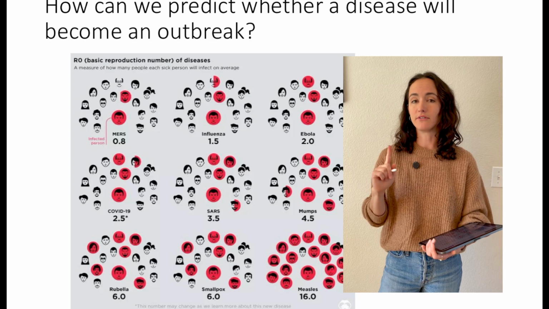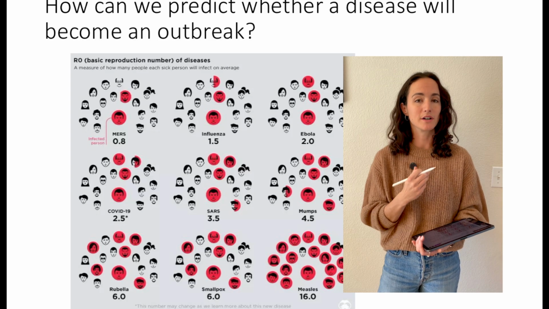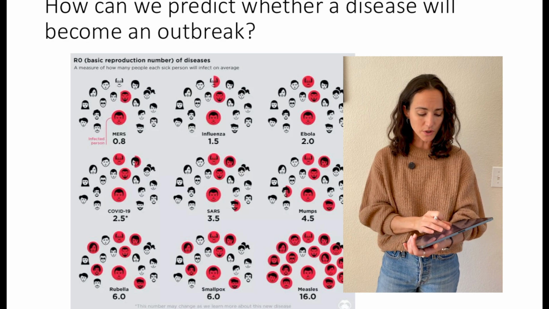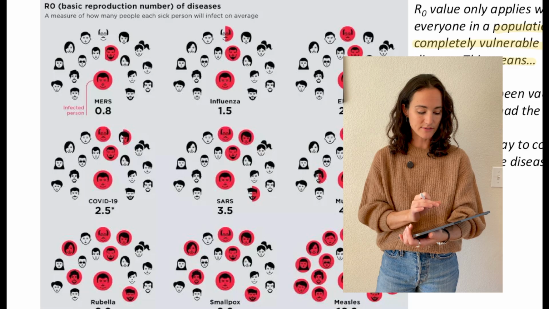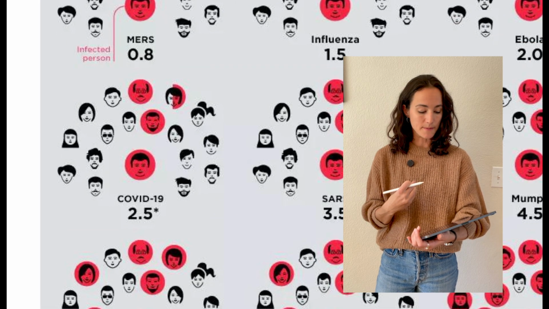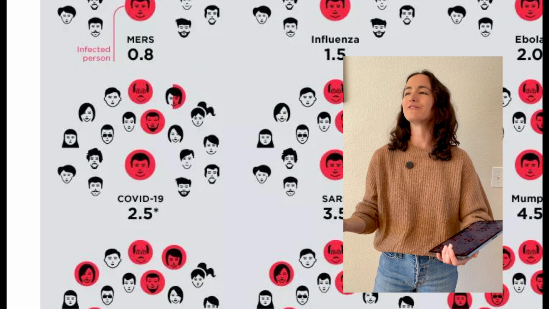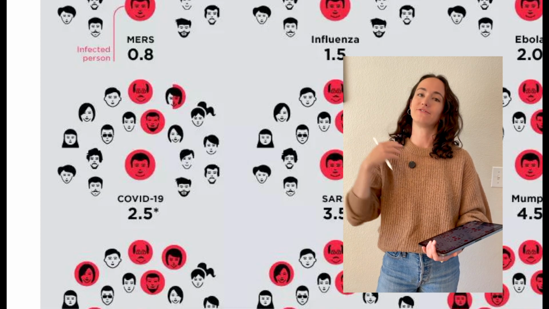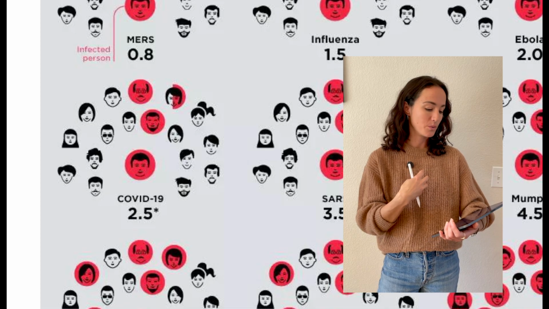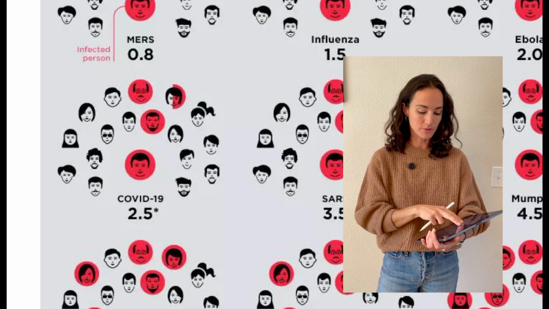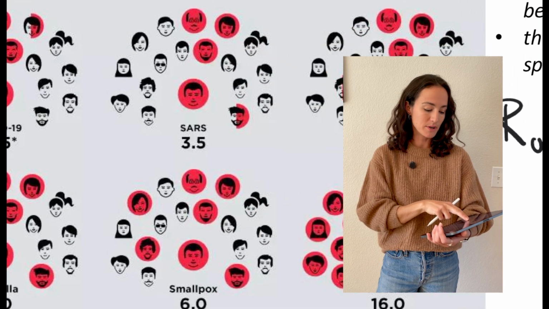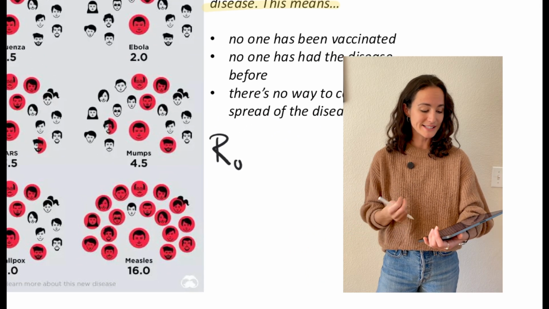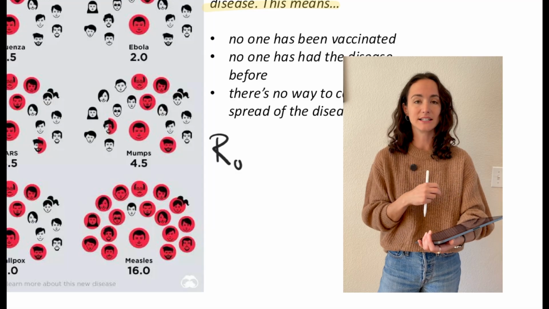If we're getting above 1, that is when we are concerned and we are likely to see an epidemic or a pandemic. So you'll notice COVID-19 has a value of 2.5. So you might wonder, 0.5, how are you infecting half of a person? It's an average value. So if I was an infected individual, I on average would be infecting 2 to 3 other individuals. And then, I just want to point out, take a look at measles. The basic reproductive number is 16. This is a highly, highly contagious